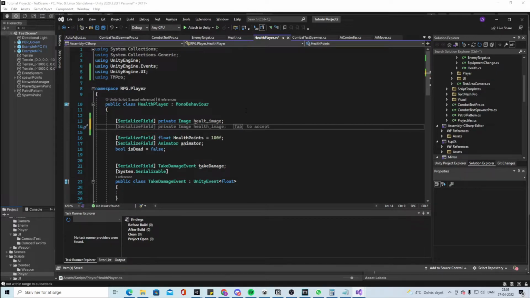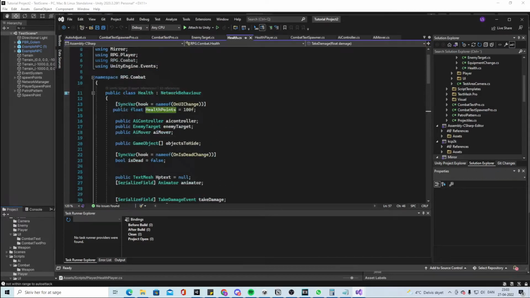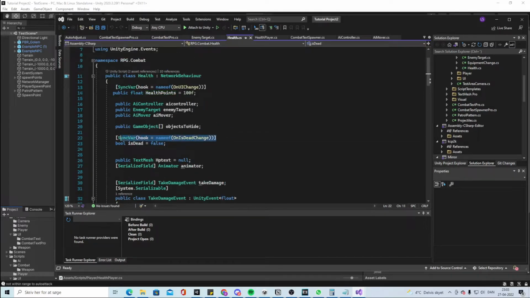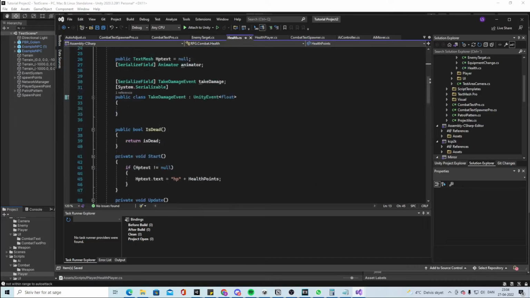And then we also have a SerializeField, public TextMeshProUGUI like this, and we're gonna call it AP text, and set it equal to null. Because we want to sync this, we're gonna do a bit like we did on the enemy. So we're gonna take this SyncVar hook and put it here, and then we're gonna go back again and take